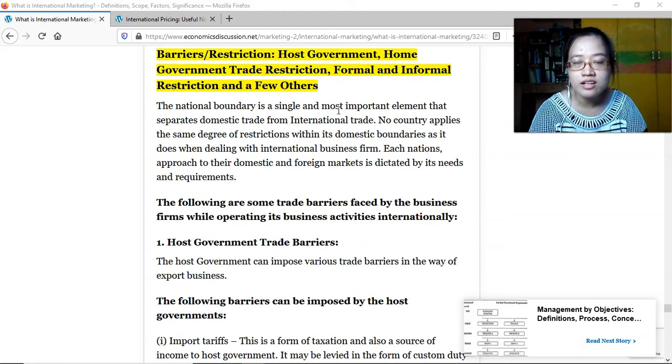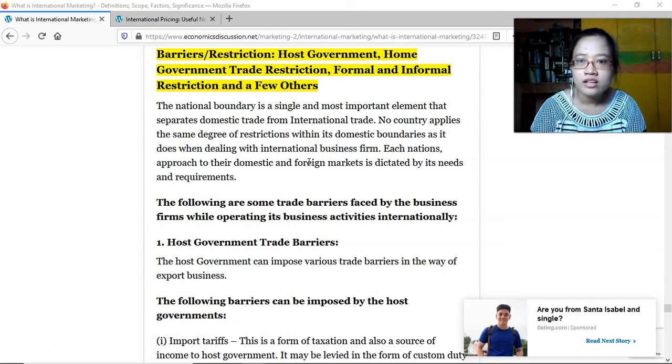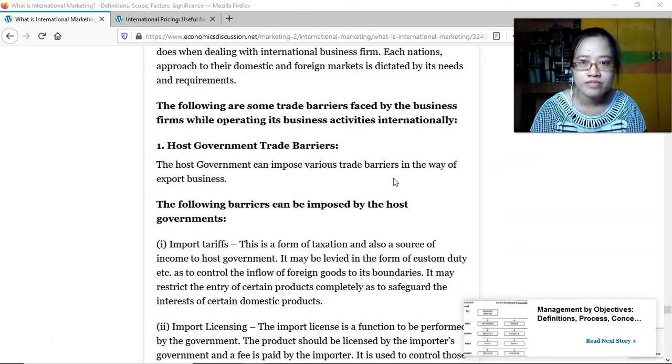National boundaries are the single most important element that separates domestic trade from international trade. No country applies the same degree of restrictions within its domestic boundaries. Some are lenient, some are strict. Each nation's approach to its domestic and foreign markets is dictated by its needs and requirements. Sometimes pride could take a role, but the following are some trade barriers faced by business firms